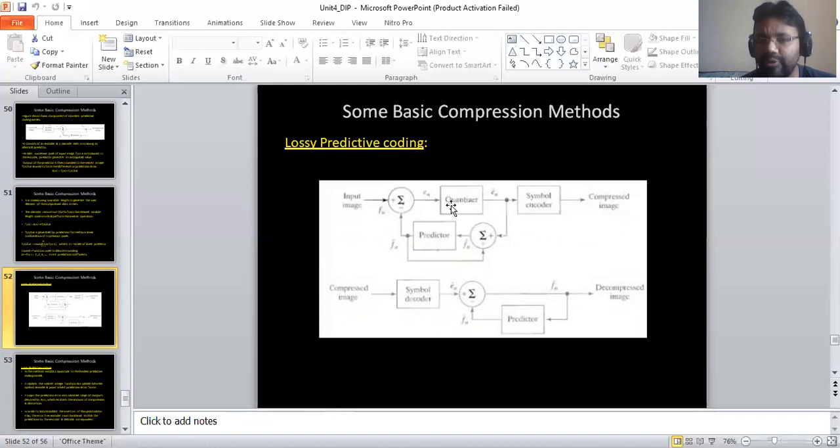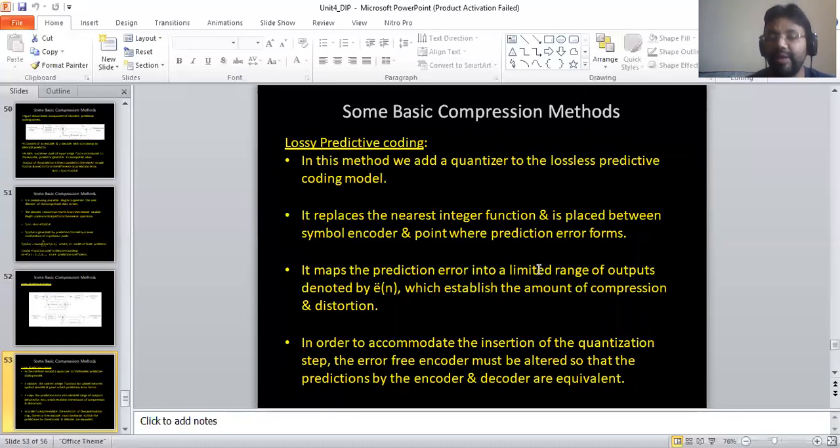It maps the prediction error into a limited range of outputs, denoted by e double dot n, which establishes the amount of compression and distortion.